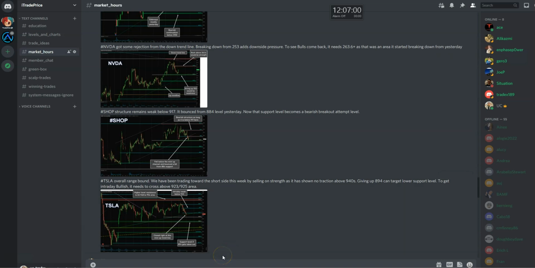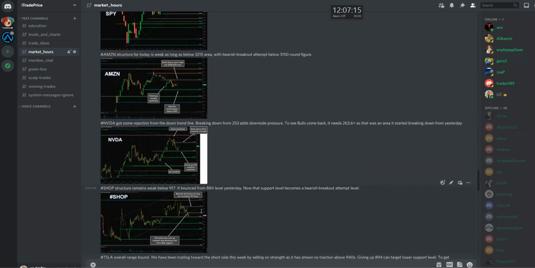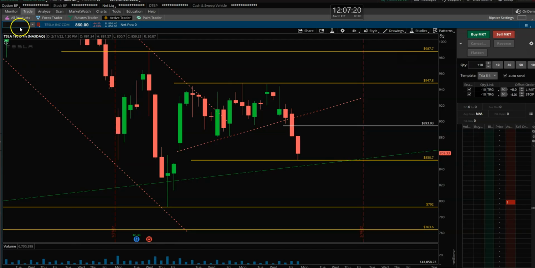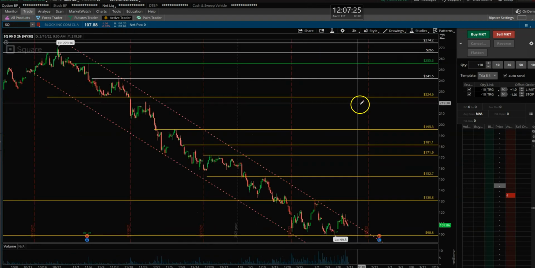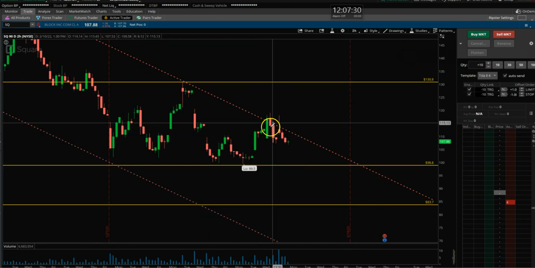But on this platform, I try to do as much as I can. Annie tries to do as much as she can to help, to answer, to respond, to give you plays, to give you a framework through which you can trade actively. For example, Nvidia, these other levels, like Square. We kept telling you to short towards 120. That's the level, until or unless it gets there, short it, because that's the downtrend line right there. That's where the stock meets the downtrend line.